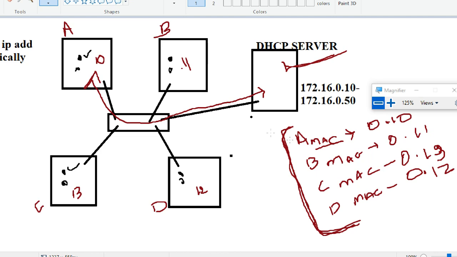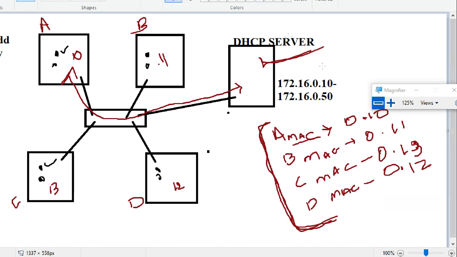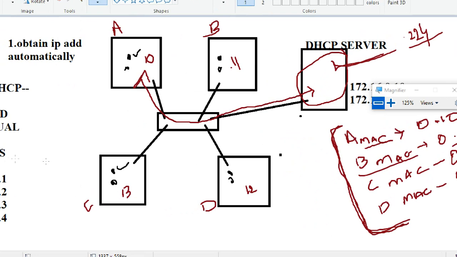I came back and got the same IP address, 222, 224, the same IP address, because this DHCP data is stored based on my MAC address, and it is giving the same IP.